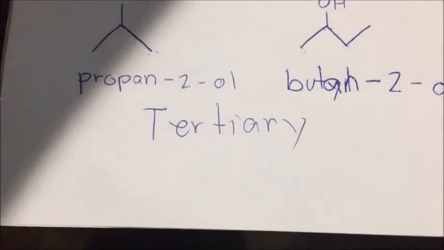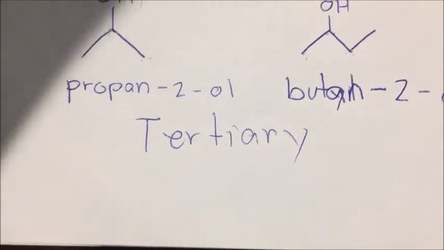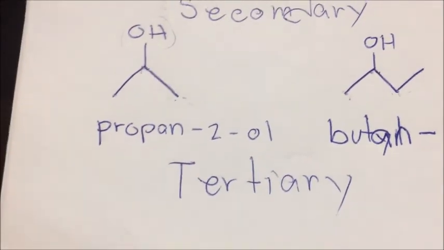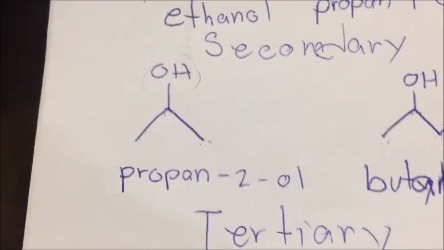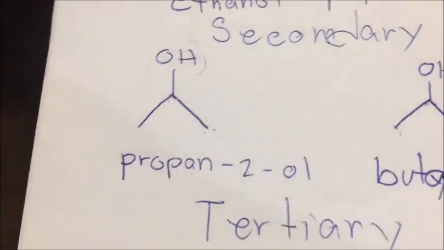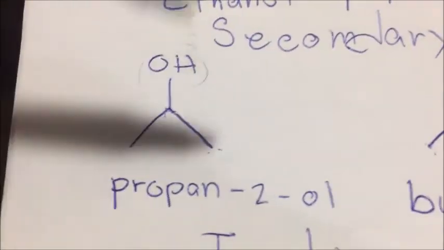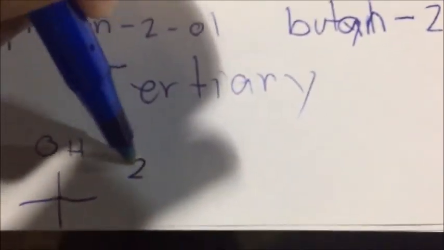Now, let's go to tertiary alcohols. In tertiary alcohols, the carbon atom holding the OH group is attached directly to 3 alkyl groups instead, which may be a combination of the same or different. So, it's just like this, but imagine having another one here. Let me give an example. That is a tertiary alcohol. This is named